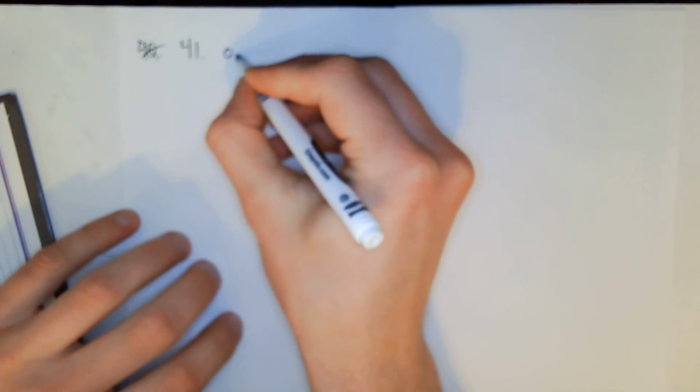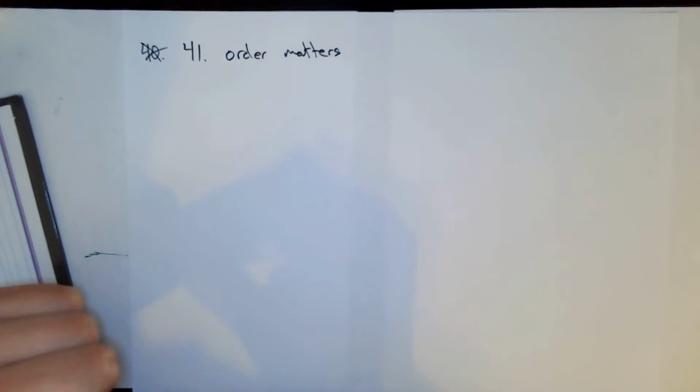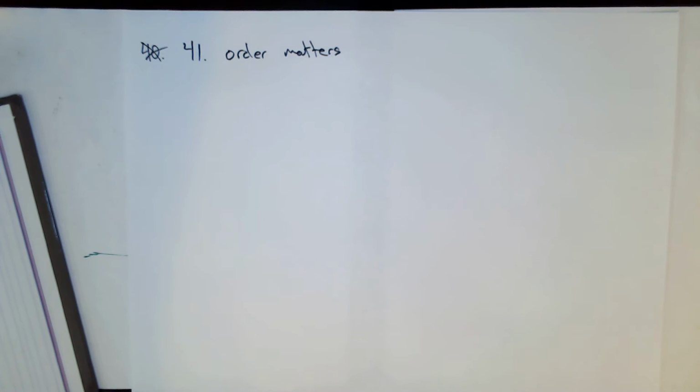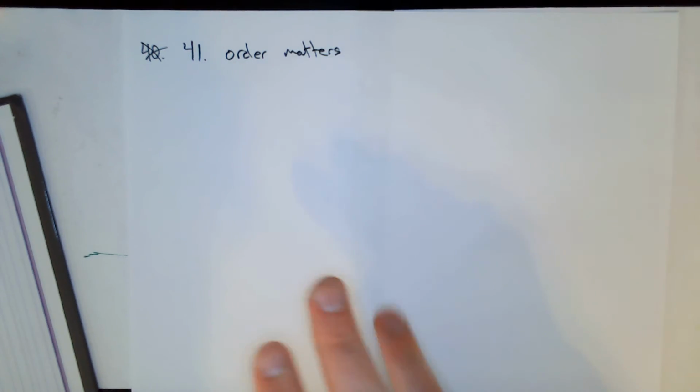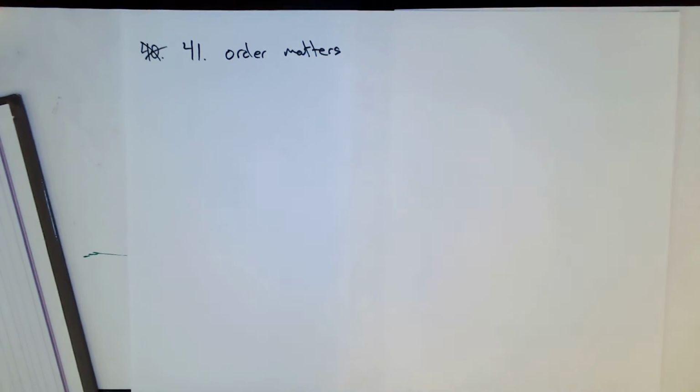I'm going to say order matters. Order does matter here, because these are all distinct, different jobs, right? All three of these jobs: facilitating undergraduate research, supervising graduate advising, coordinating grant proposals. Those are all different jobs, right? So giving three people those three different jobs, you have a bunch of different options, because each combination is different. So that means order matters here, which means that we're going to use permutation,